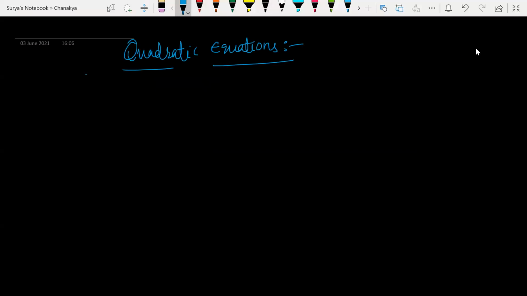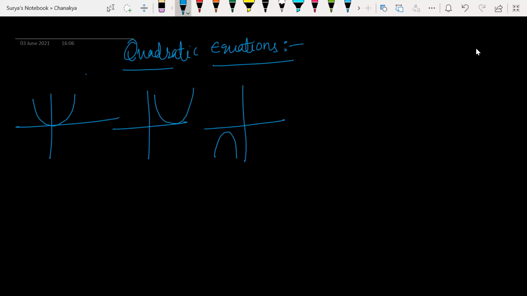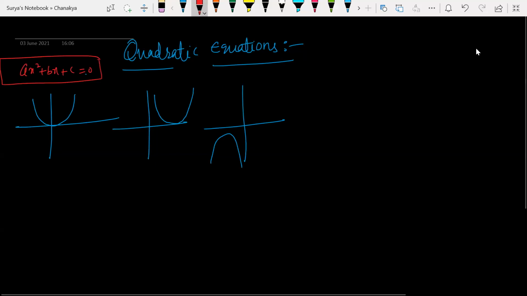So in quadratic equation, we have learned graphical representation, right? Graphical representation of quadratic equations, which we have learned in earlier class. Let me revise the previous class. First of all, we have this graph, and we have one more graph like this, right? Chalo, see what does it mean in quadratic equation? Look at this. In quadratic equation, like ax square plus bx plus c is equal to 0. This is my quadratic equation, right?